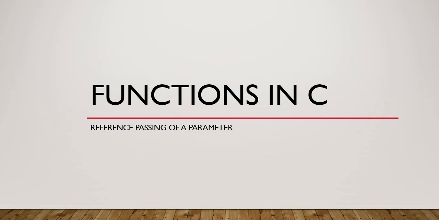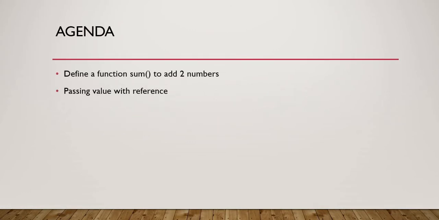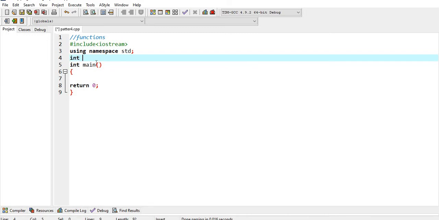In this video we are going to learn how to pass the reference of a parameter to our function. Reference is the location of our parameter in the memory. So when we pass the reference, it means we are passing the address of our parameter's location inside the memory. Any change in this now will change the actual value of the parameter inside the memory. So let's look. First we will define a function.